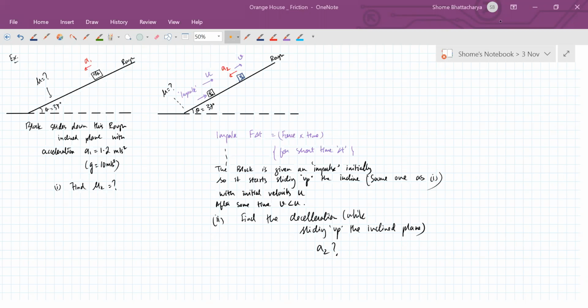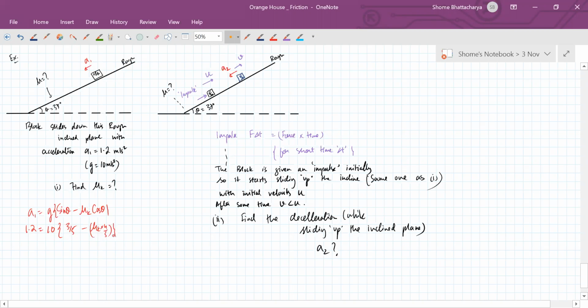Okay, this is formula based. You don't even need to make the free body diagram. You know that for slipping case, the acceleration down the inclined plane is given by this formula, g into sine theta minus coefficient of kinetic friction into cos theta. I had asked you to remember this formula also. Now even if you forget this formula, there is always the option of making the free body diagram and working it out. But solving this, you will get your answer.